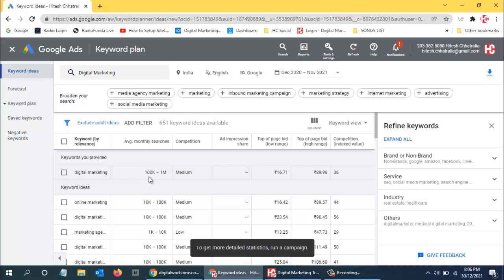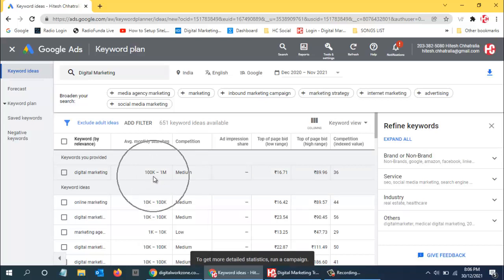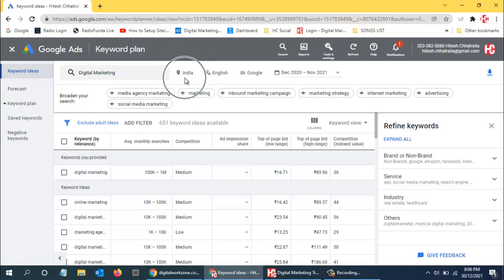That is the average monthly searches. So this many times, this keyword is being searched in Google. There are more than enough searches that we are getting. Now these searches we are getting from India. But in India, where exactly, I do not know.